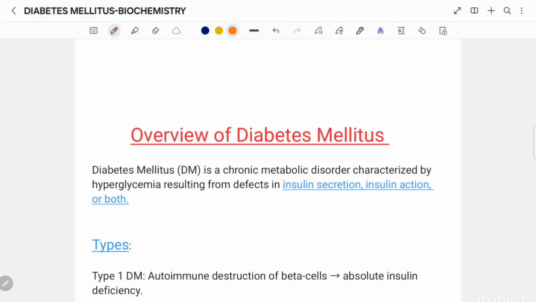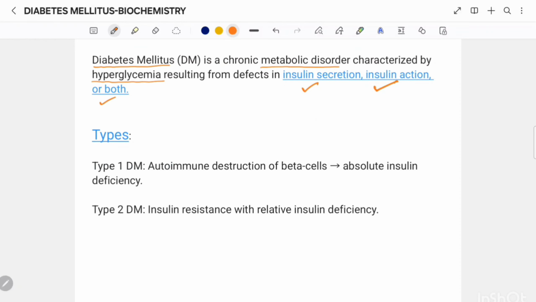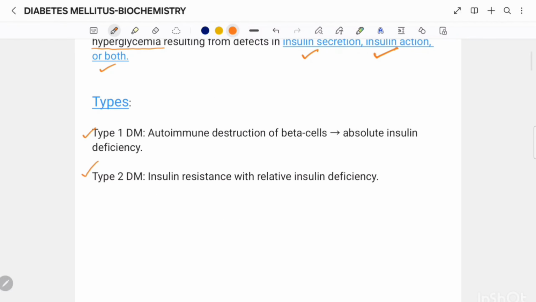Everyone, today's topic of discussion is diabetes mellitus. Basically, diabetes mellitus is a metabolic disorder characterized by hyperglycemia. It results from a defect in either insulin secretion, its action, or both. On the basis of cause, it is generally divided into two types: type 1 and type 2. Type 1 is related to autoimmune destruction of beta cells, and type 2 is related to insulin resistance with